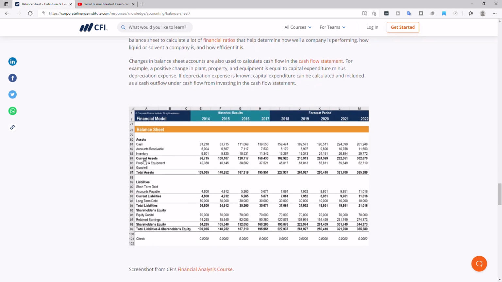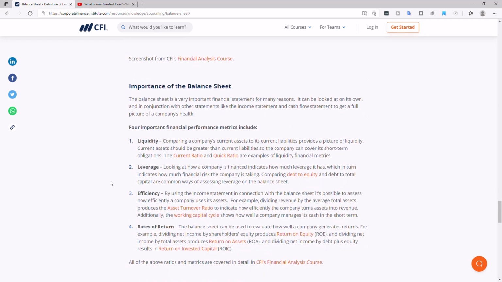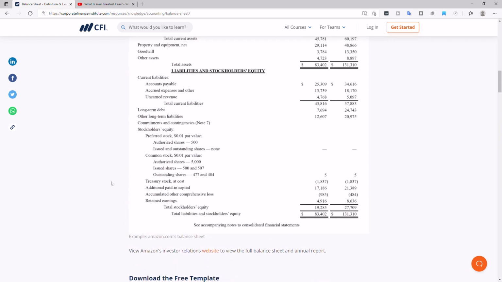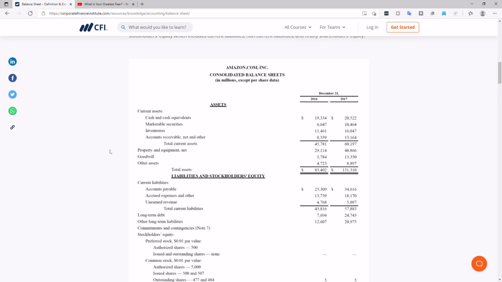So the balance sheet is really a good way to assess a company, to see how their assets and liabilities show how they're leveraging themselves to do well. So here's a quick example of Amazon. There are their assets, their liabilities, and stockholders' equity. Right here, if you always look, it's going to tell you in millions, meaning this is not 19,000, it's 19,334. So current assets, once again, it breaks it down.